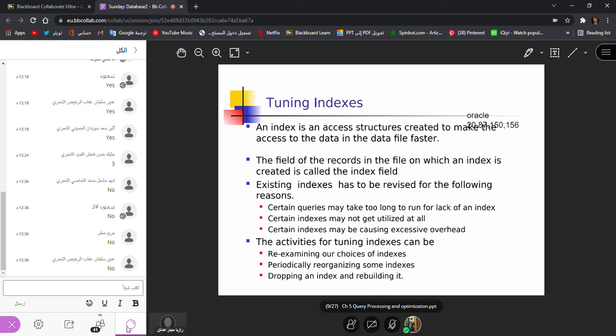So the same kind of indexing we can do for our databases. In a database, we have tables, right? And in that table, you can have thousands of rows.